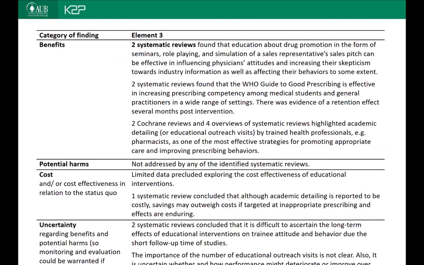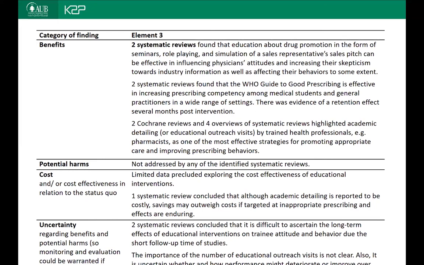As you can see, the options have to be identified and segregated based on the benefits, potential harms, cost, and uncertainties, as we explained a bit ago. However, they have to be drafted in a way that synthesizes the totality of evidence rather than summarizing each study individually. So for example, as you can see, we have written that 2 systematic reviews have found that the education